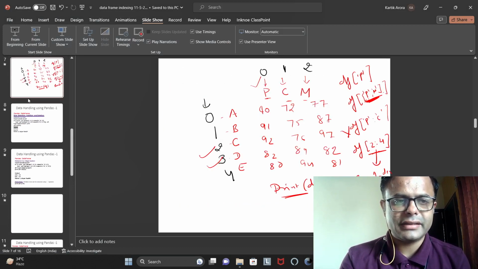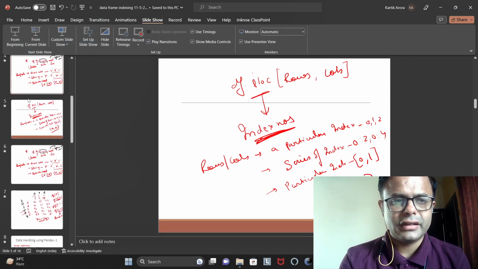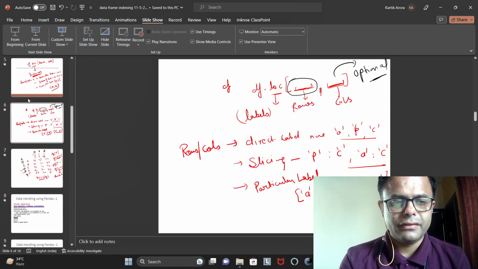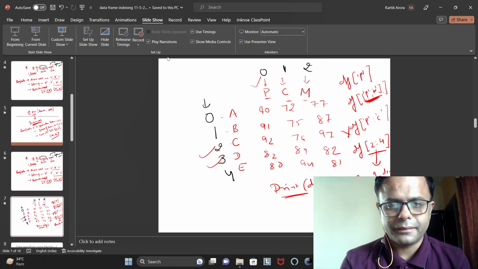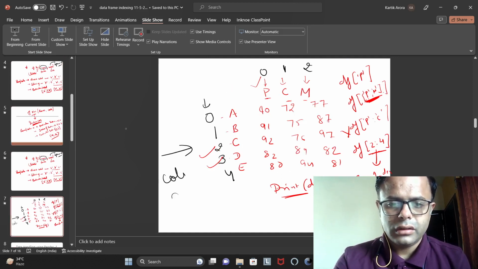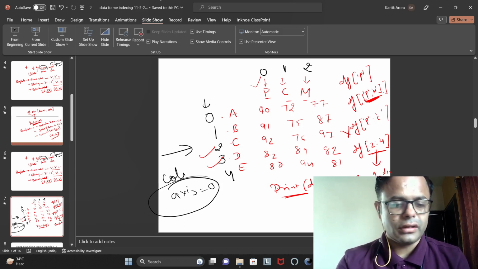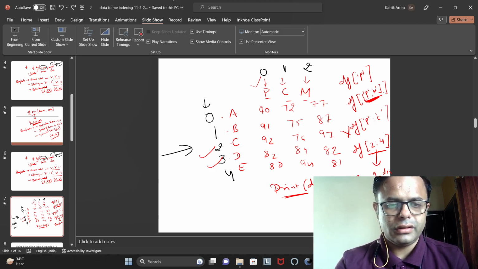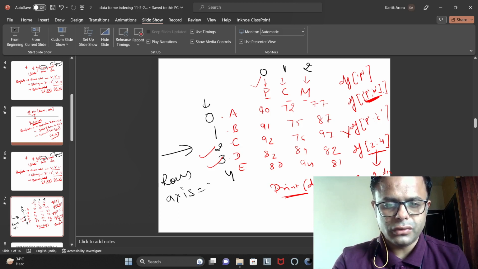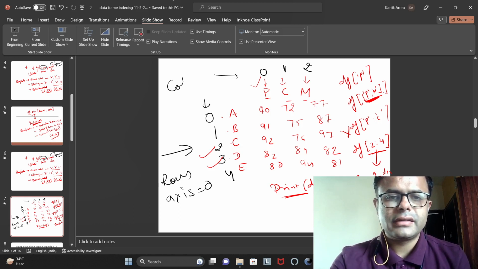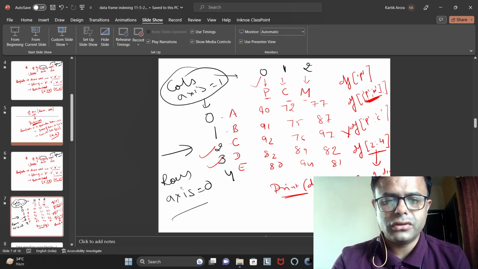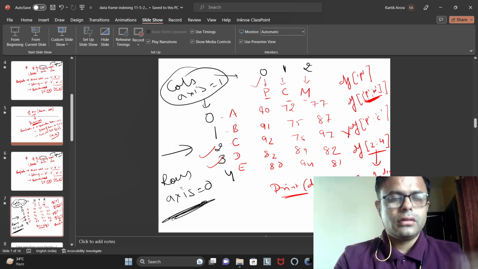Basically, if we talk about axis, always remember, when we are working on any data frame, see, in this data frame... I am sorry, actually these are the rows. The rows are called axis equals 0 and columns are axis equals 1. So whenever you write axis equals 0, we are talking about rows, because remember one logic: